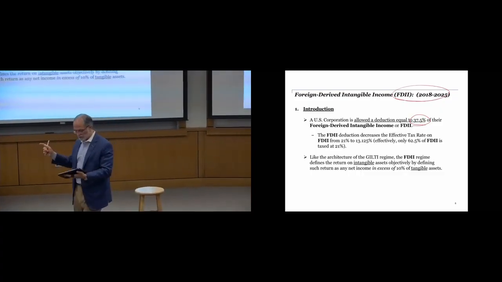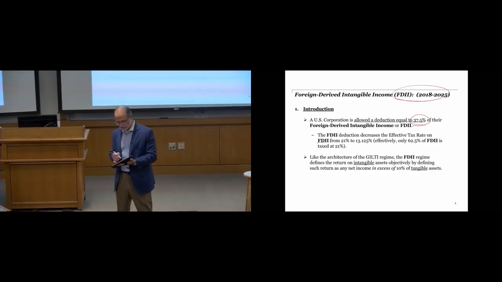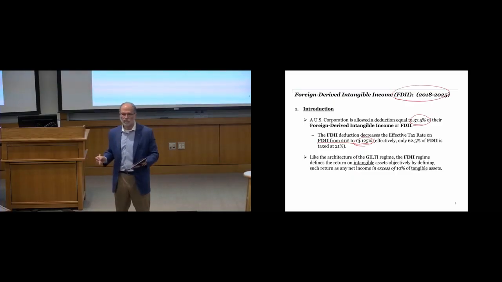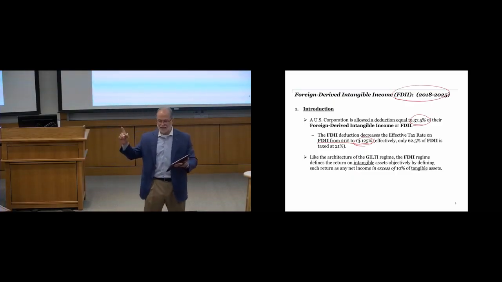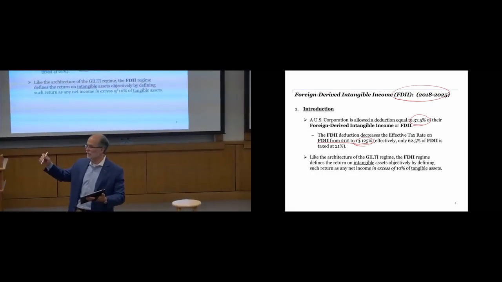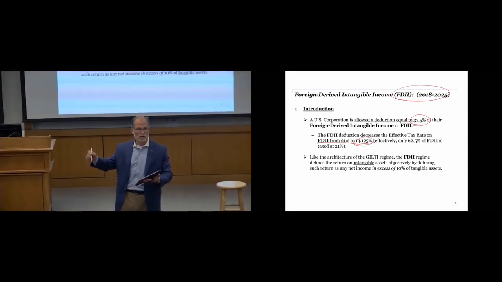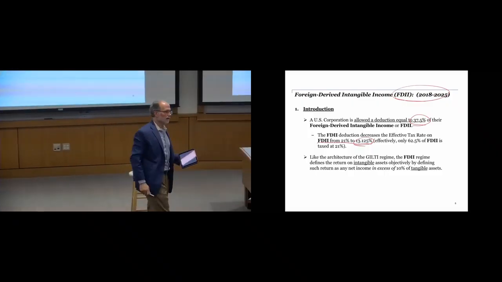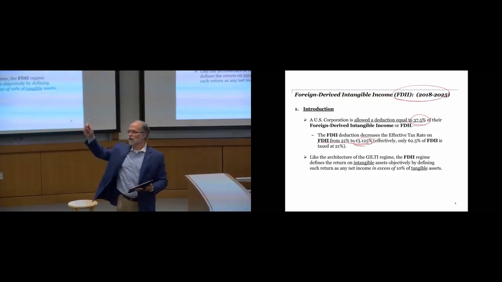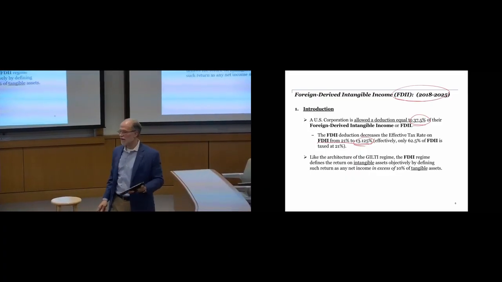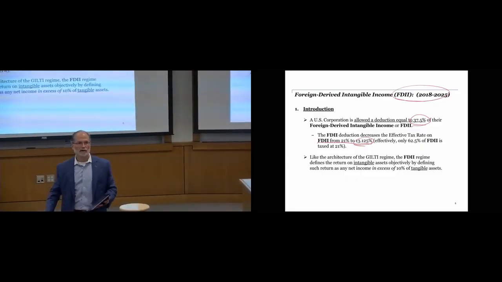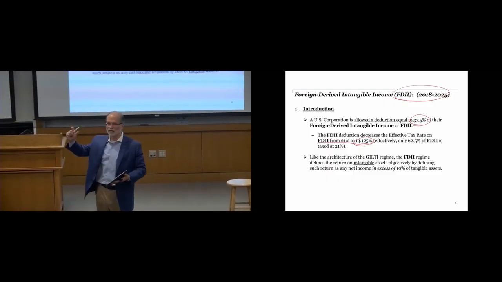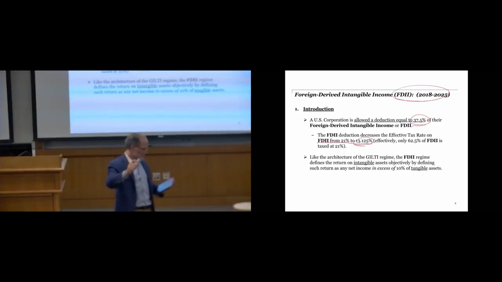What does that do? The FDII deduction decreases the effective tax rate on that stream of income from 21% to 13.125%. That math is because only 62.5% of the FDII income stream is taxed at 21%. That is the 13.125. So the carrot they're dangling at you is, I could have taxed your income at 21, but I'm only going to tax it at 13.125 if you do that in the United States and it qualifies as FDII. That's a pretty significant reduction, right? Almost 7%